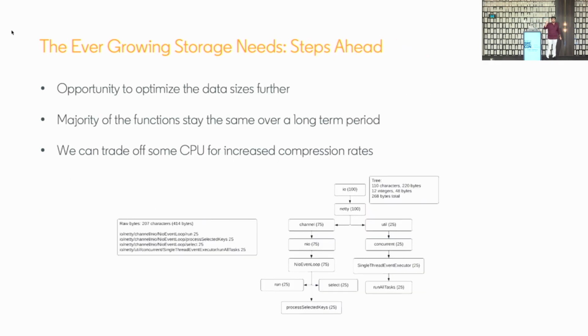But our storage optimization does not end there. Remember, all of this data is structured: package names, class names, function names. So the thing we are building now is around optimizing this data in the form of a tree and then putting it into segment intervals so that this can be optimized all across. What we have got in terms of numbers right now is a 400 MB profile can be compressed to near 1.5 MB per data structure. And consuming from the interval trees and segment trees reduces our load time from more than 5 minutes to less than 30 seconds. So on-the-fly generation of these results is possible now.